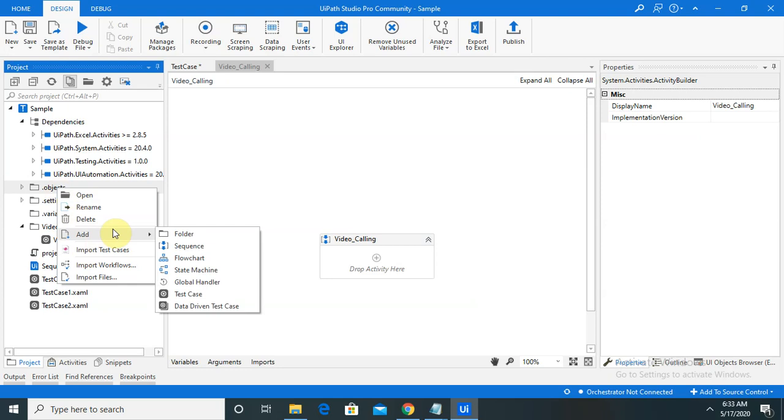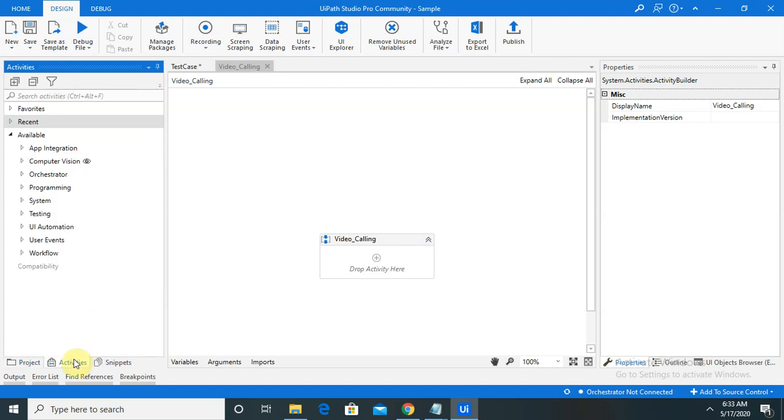Earlier, in the previous versions, it was not very easy. Now they have included it in the Orchestrator framework. Whatever cases you have created, you can integrate to the Orchestrator, and from there you can run them easily. Report generation is very easy in that. Just click on the activities in the testing features.